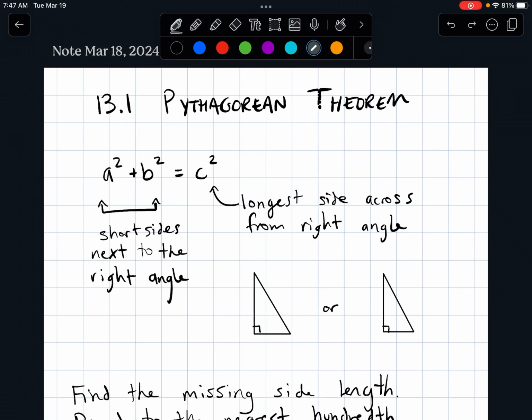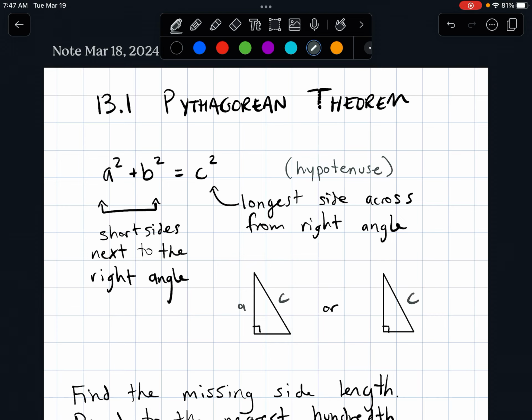We know the Pythagorean theorem is a squared plus b squared equals c squared. All right, this a and b value corresponds to the two short sides, which are always next to the right angle, and c is going to represent your hypotenuse. So hypotenuse is always the longest side across. Again, we call that the hypotenuse. So in your right triangles, c is always going to be the longest side, the hypotenuse, but